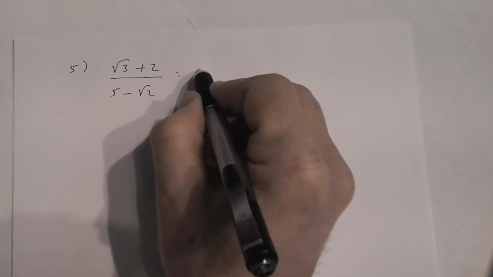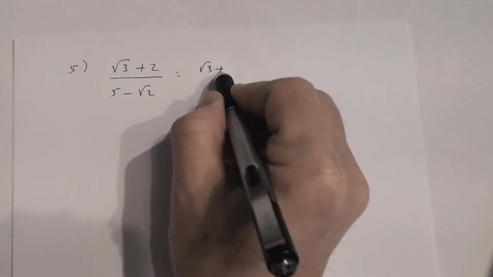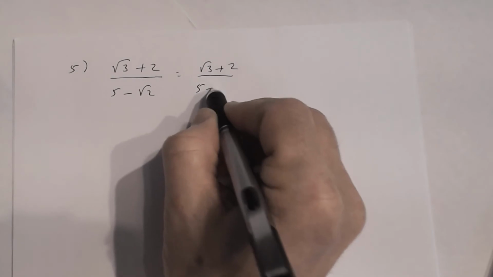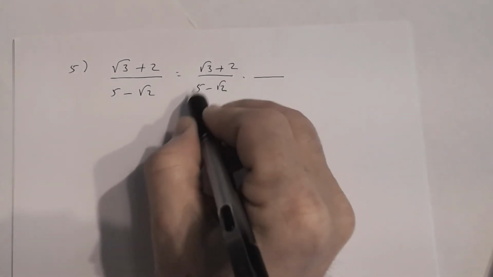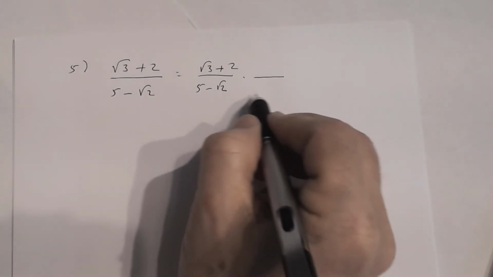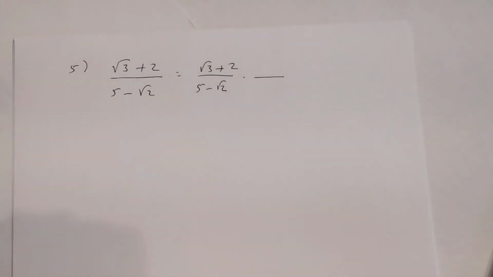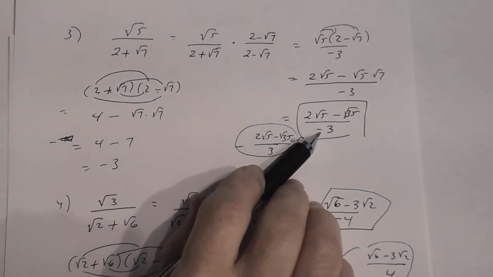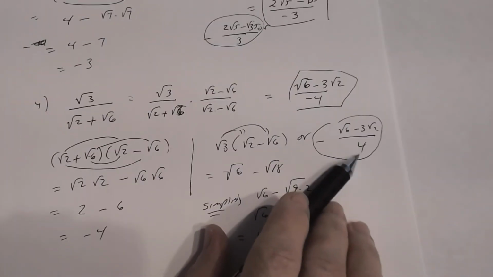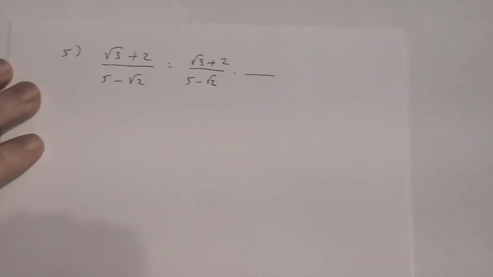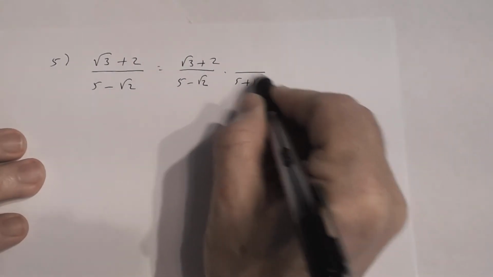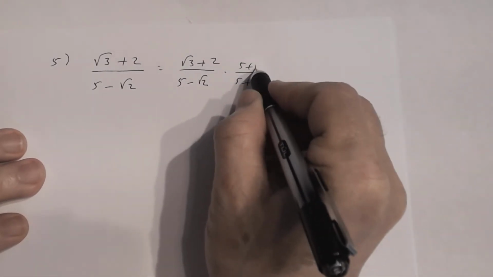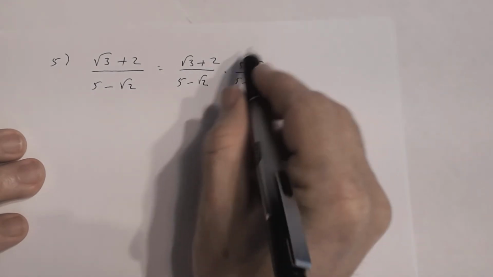And so what I'm going to do is multiply both the numerator and the denominator by the conjugate of the denominator. And that will guarantee that my final answer will no longer have a square root in the denominator. Okay? So what is the conjugate of 5 minus the square root of 2? 5 plus the square root of 2. What I do to the denominator, I do to the numerator,